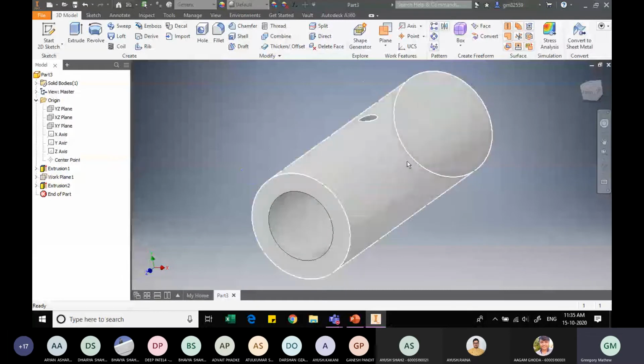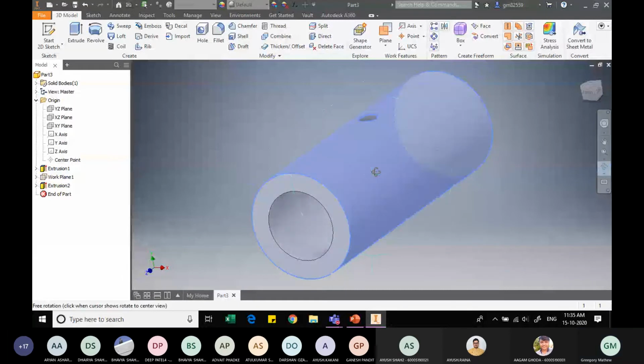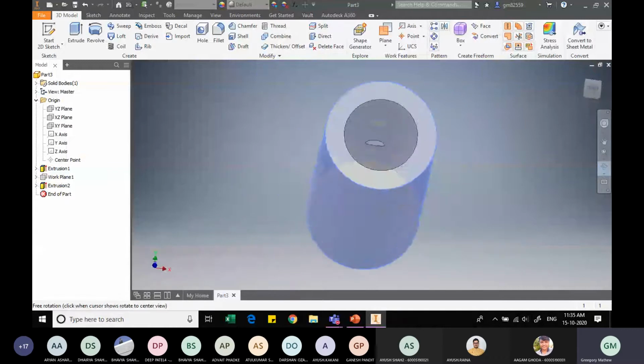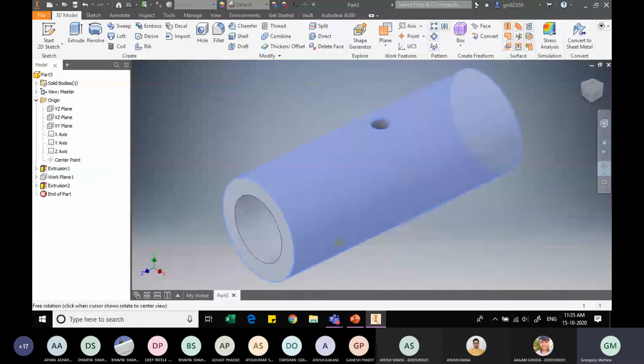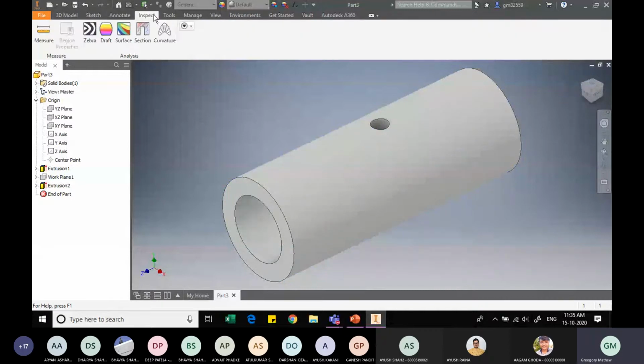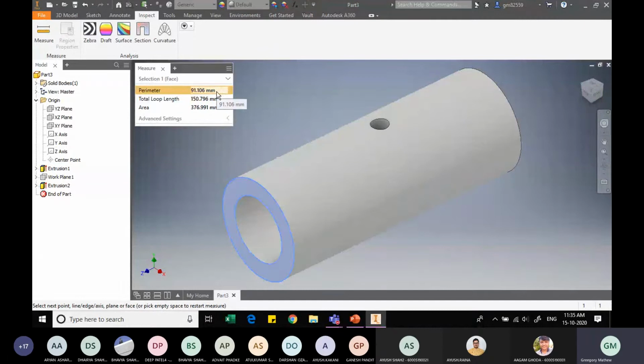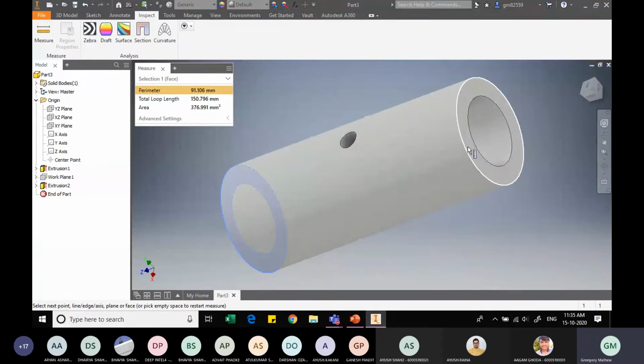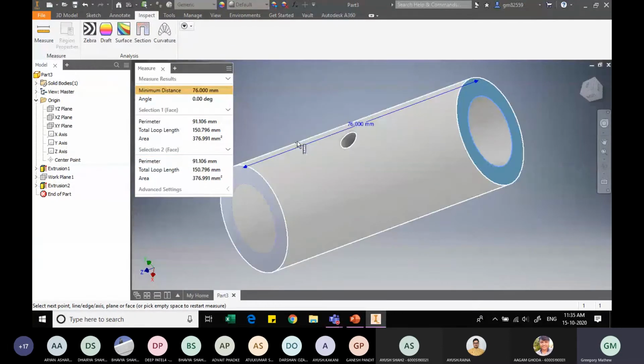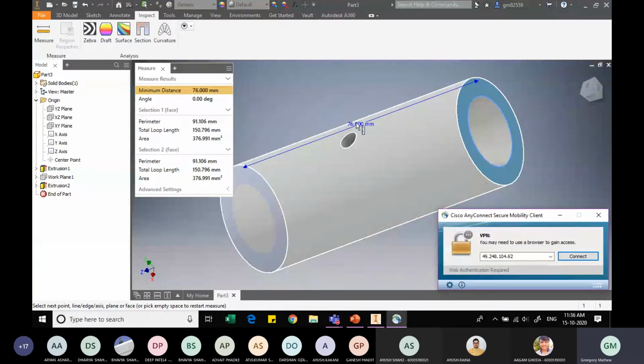Now it should be more or less clear to us. So this is how the hole is there. Now a student had just asked me to show how the measure command is done. So you go to Inspect, or you can go to Tools also, and then you have this option of Measure. From this Measure, you just select this and it shows, here, the surface which I highlighted, it is 91.6. Rather than doing that, I also want to show the distance. I've selected both of these, so it shows me the dimension that is 76.